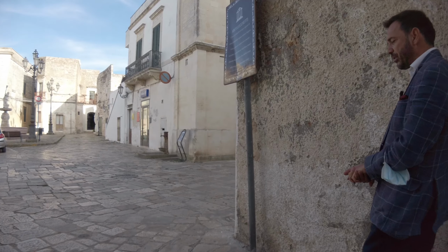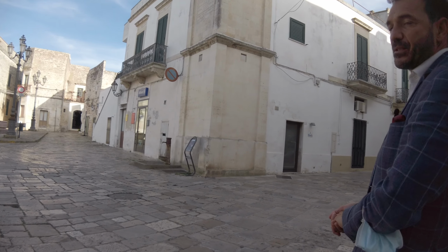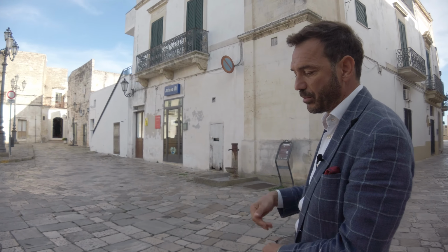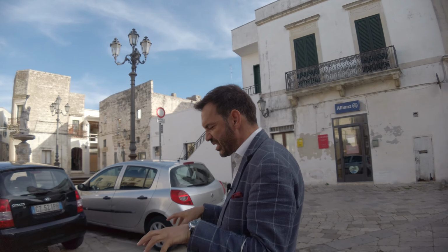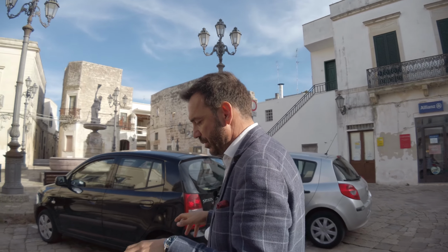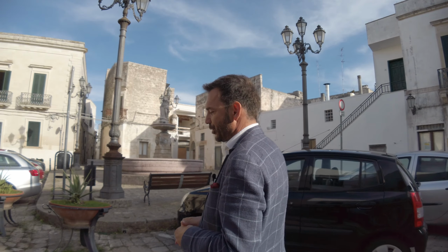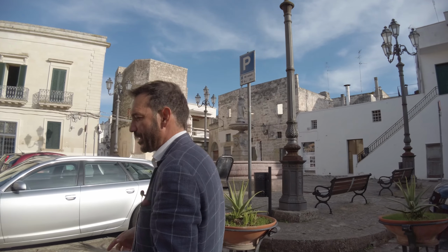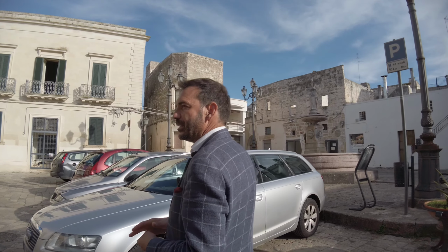This is actually a very old town going back to the 9th century with the Basilian monks that came from the Middle East and brought Christianity over. So this was actually quite an important base, Corigliano d'Otranto. I'm going to show you a couple of portals around the back here, which are quite good, and then...